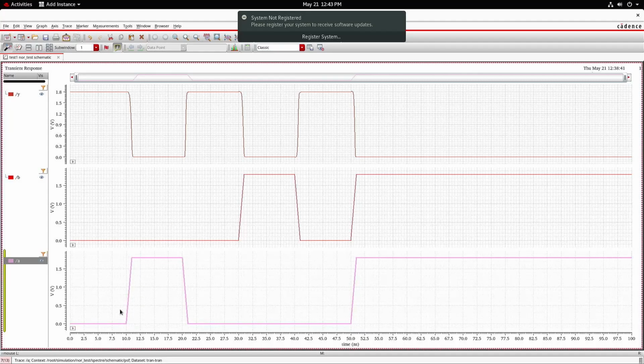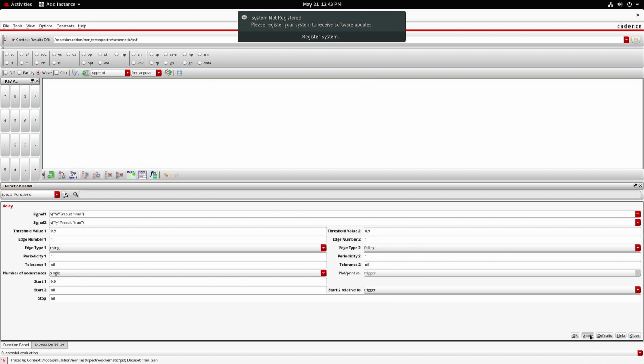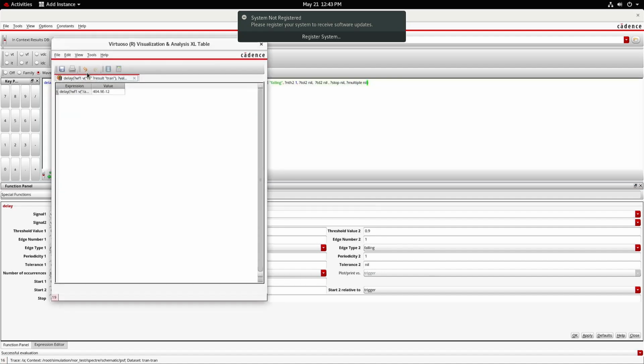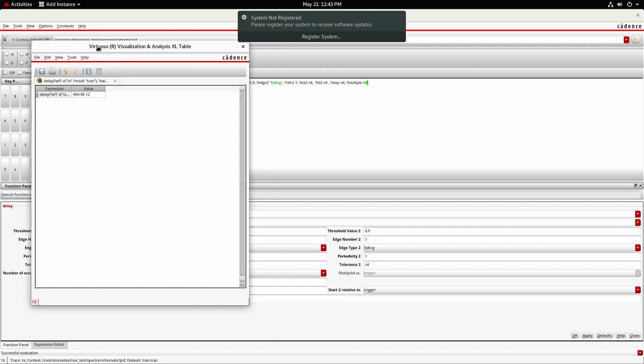A is rising, edge number 1 rising, output is falling. That is first falling edge. Therefore, here input is rising, first edge, and output is falling, first falling. Then apply this new setting after deleting the previous one and evaluate the delay. By clicking on the evaluate button, it is going to show the delay 404 picoseconds.